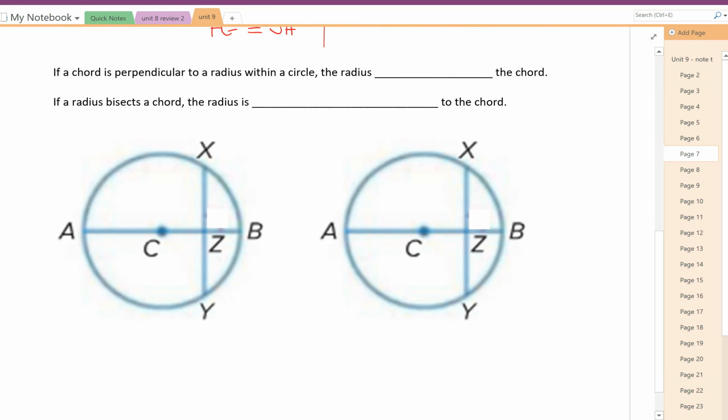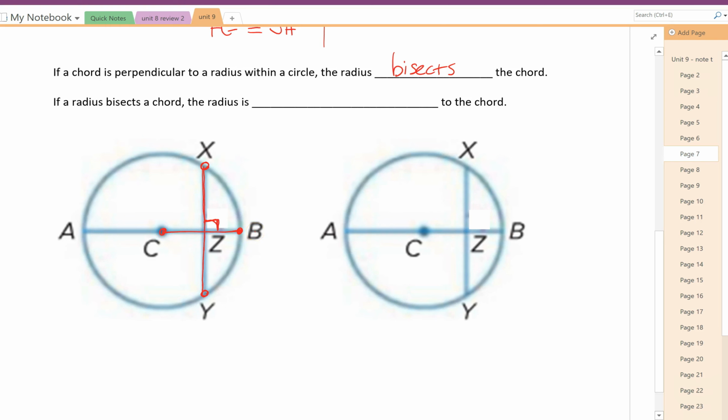Next thing, if a chord is perpendicular to a radius within a circle, the radius bisects the chord. Okay, let's see what that actually looks like here. So here is XY, a chord within circle C, and CB is a radius within circle C. What this is saying is that anytime I have a chord that's perpendicular to the radius, that radius CB bisects